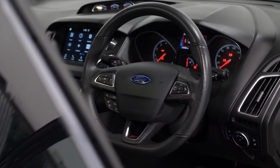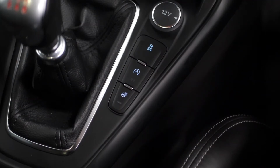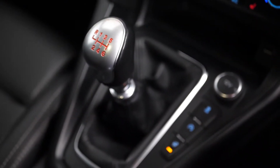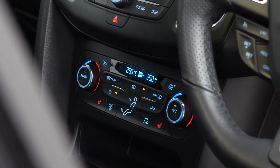You have a leather-wrapped multi-function steering wheel with access to your cruise control functions on the left-hand side. On the centre console, you've got your heated steering wheel function, which is another optional feature. You've got your gear stick with your leather gear gaiter, your climate control functions, some of your infotainment controls, and